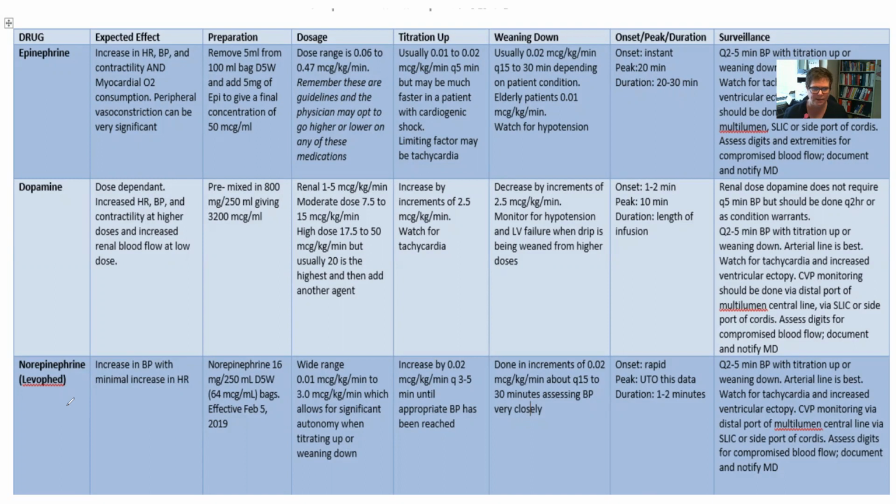but not at the expense of heart rate. So we all know that dopamine at higher doses can cause a tachycardia. I've even seen a tachycardia at lower doses. But Levophed will not do that. It causes vasoconstriction. And on your unit, you are going to have patients who are on Levophed at no more than